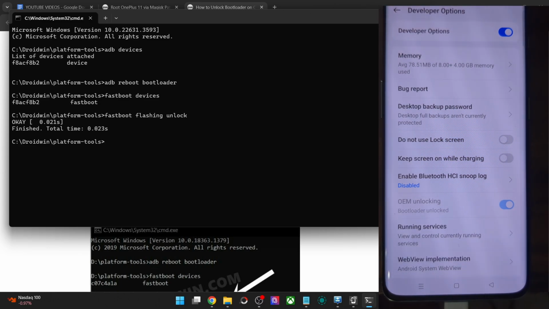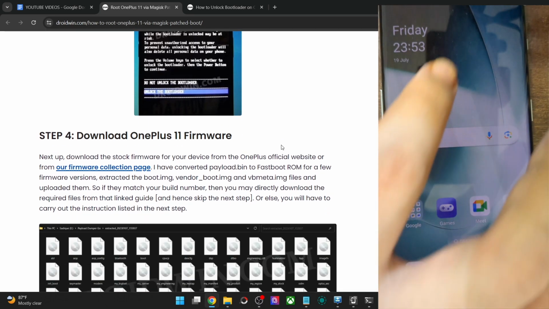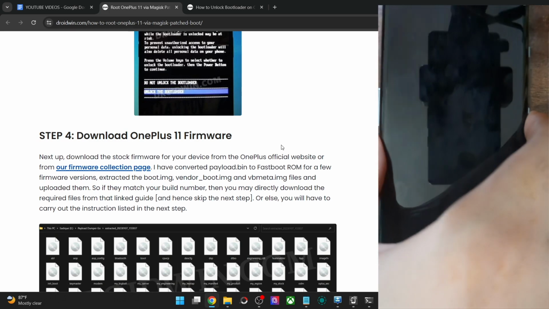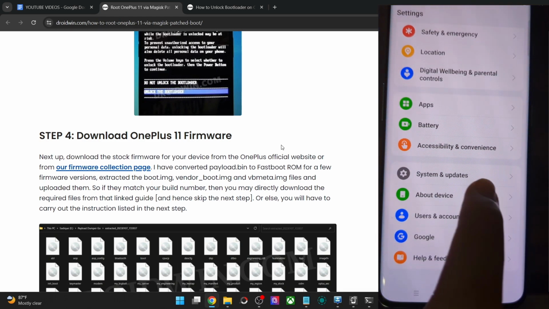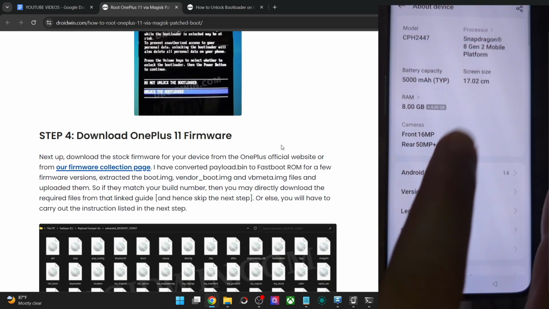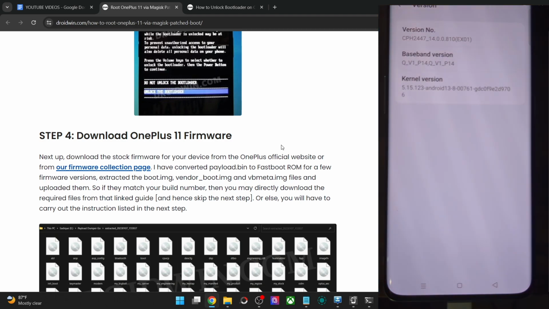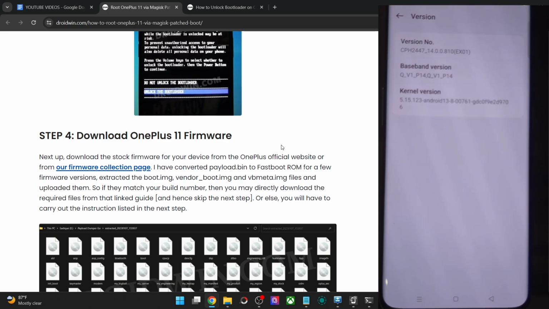Let's now move ahead with the next step. Next up, you will now have to get hold of the firmware for your phone. Do keep in mind that this should be the same stock firmware which is currently installed on your phone. You can verify the same by going to the settings menu on your phone, then about device, then version, and keep a note of the version number, and please make sure that the firmware that you are downloading is exactly the same as given here. Otherwise the rooting will not work.